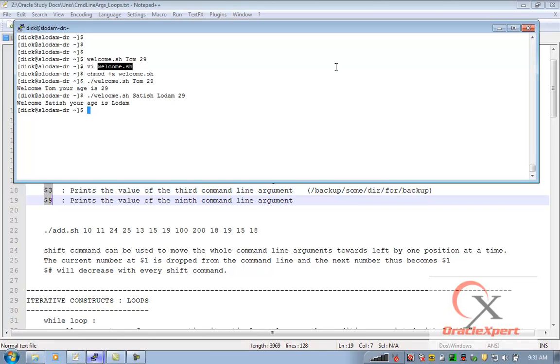Welcome Satish, your age is Lodam. Is this correct? What is the problem? For me the name is Satish Lodam, but for the Unix shell script, Satish is $1, Lodam is $2 and 29 is $3. If you want to override